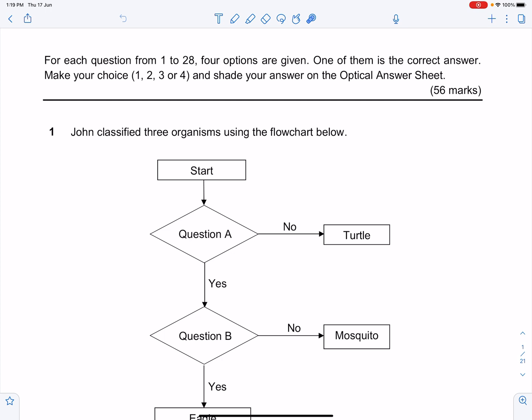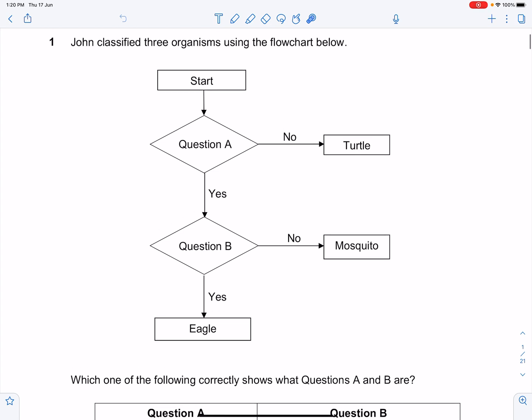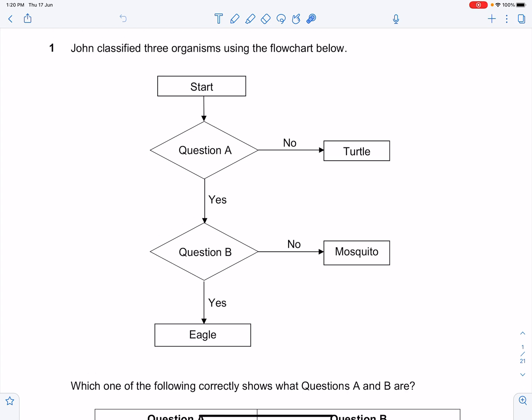In the very first question, John classified three organisms using the flowchart below. This question is actually from diversity, on classification. For this question, you have to classify things according to mammals, insects,